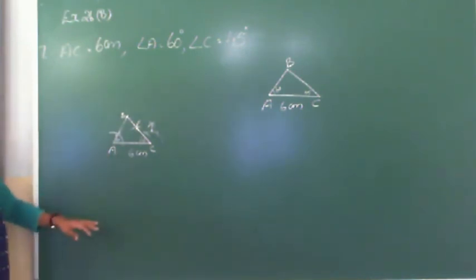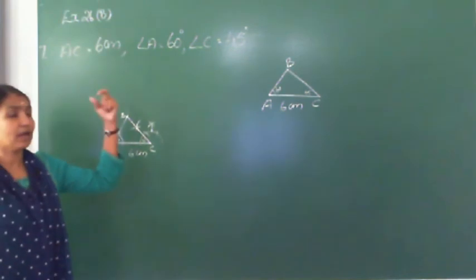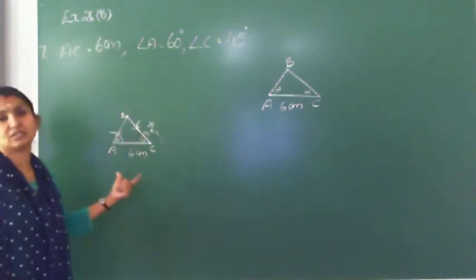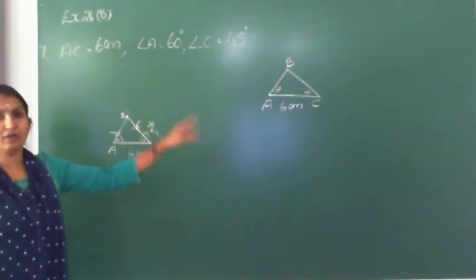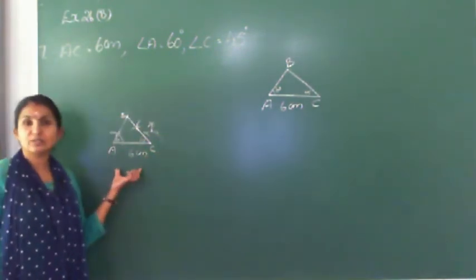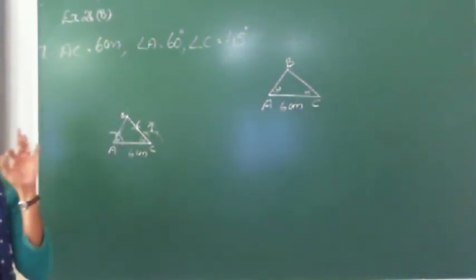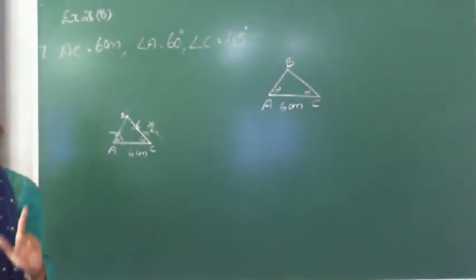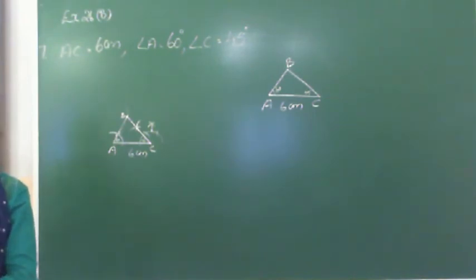I hope this one is clear. So what is given, according to that we have to draw the rough figure. According to our rough figure we have to construct it. So whenever you are drawing the rough figure, the same one try to construct. Only 3 types in this triangle construction: 3 sides, 2 sides and 1 angle, 1 side and 2 angles. Related with that 10 problems are there in your textbook. From that 3 we completed.